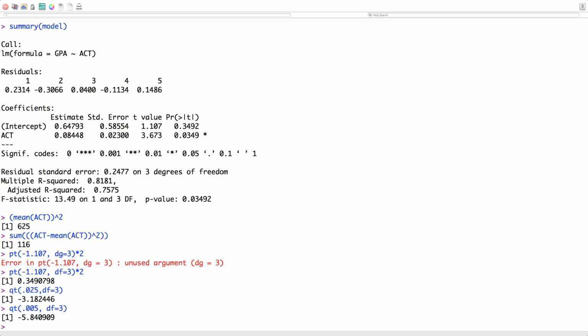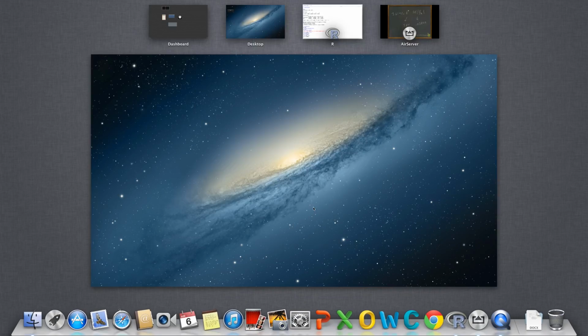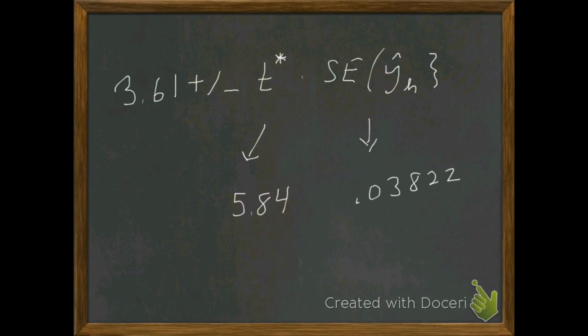Obviously with a 99% confidence interval, our margin of error is going to be larger because we have a higher probability of creating an interval. The probability of our interval containing the predicted value increases, so we have to have more margin of error. So guys, at the end of the day, we take 3.61 minus